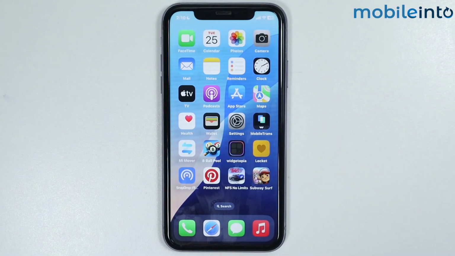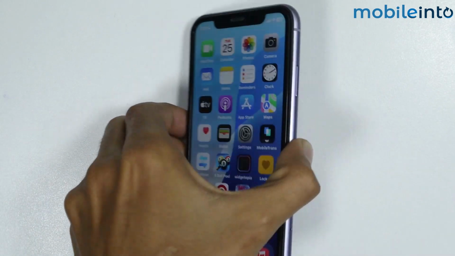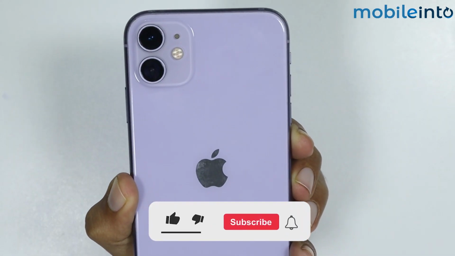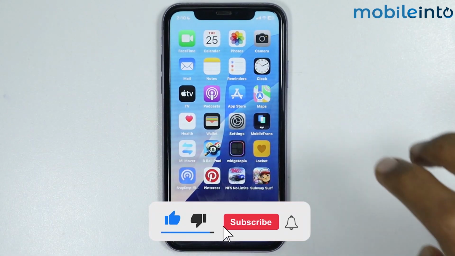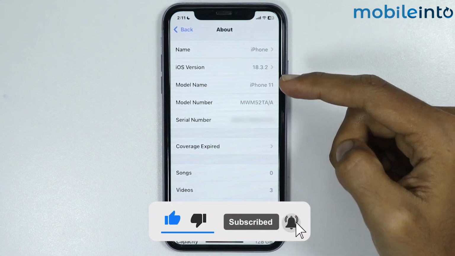Hey, what's up guys? So in this video we will see how to enable iPhone back tap gesture on any iPhone. Now currently I'm using an iPhone 11 to record this video, and the iOS version on our iPhone 11 is the iOS